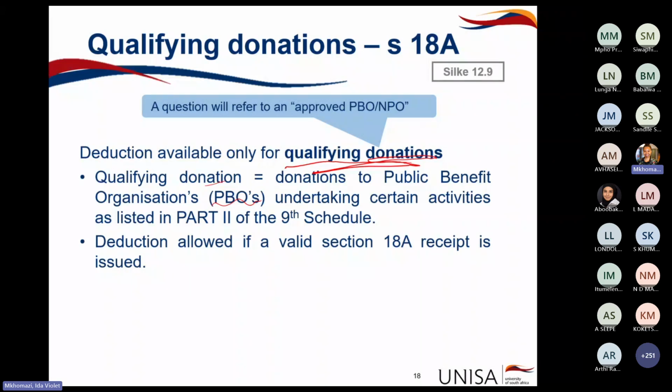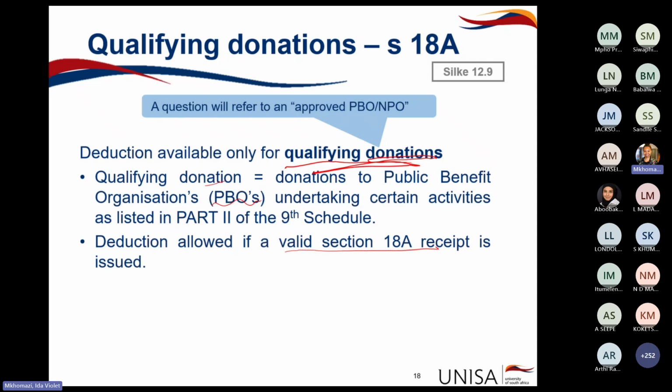And in order for you to get this deduction, there needs to be a valid Section 18A receipt being issued. So if you see in the question that there was a donation made to a PBO